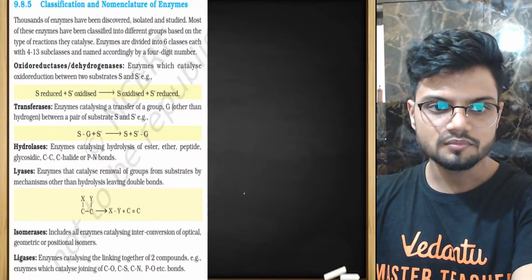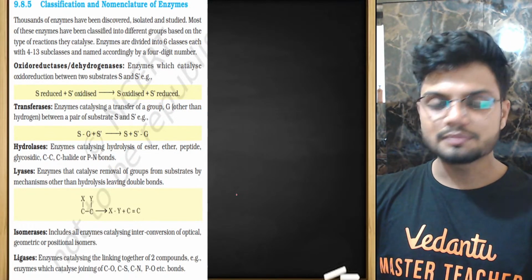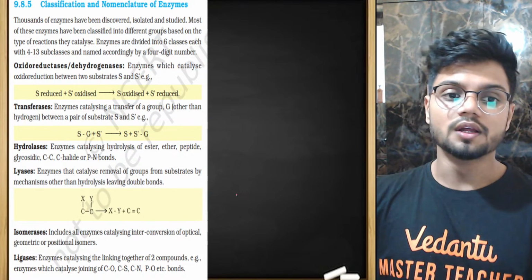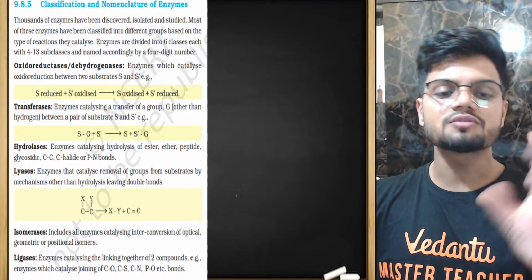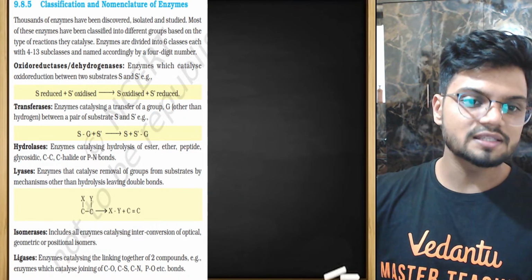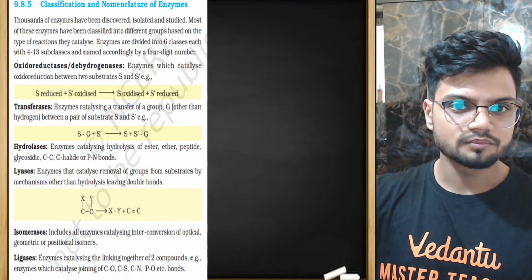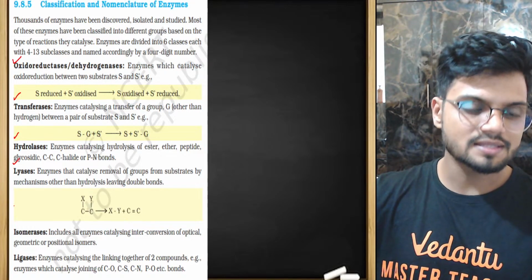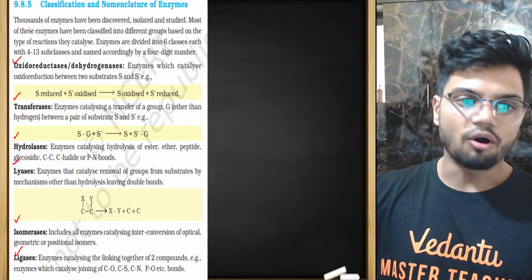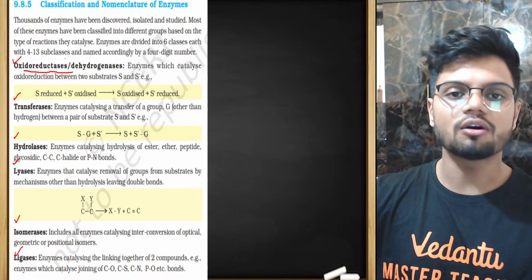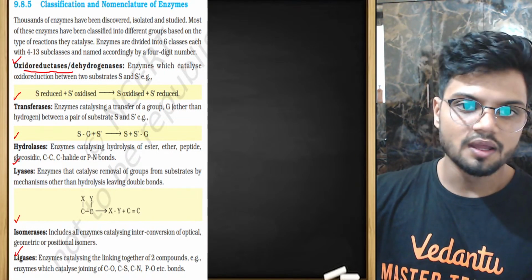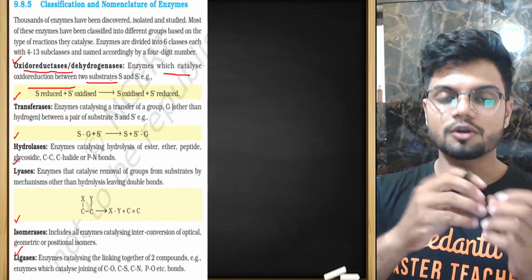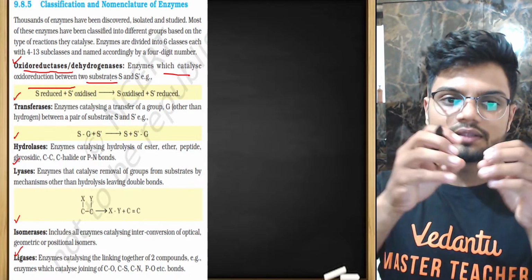Now, friends, there is something called classification of enzymes also. Like how you have classification in plants, in animals, in microbes, there is also classification or nomenclature in the case of enzymes. Here we have six different classes: oxidoreductase, transferase, hydrolase, lyase, isomerase, and ligase. All of you know oxidoreductase is basically where oxidation reduction is happening. It is the enzyme which catalyzes the oxidation reduction between two substrates. So if there is a redox reaction happening, the enzyme involved here is the